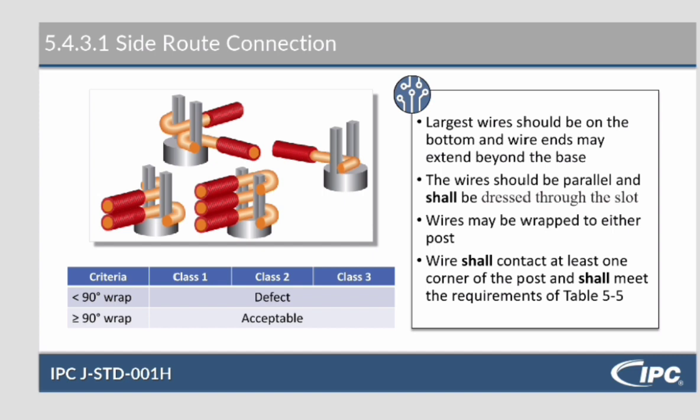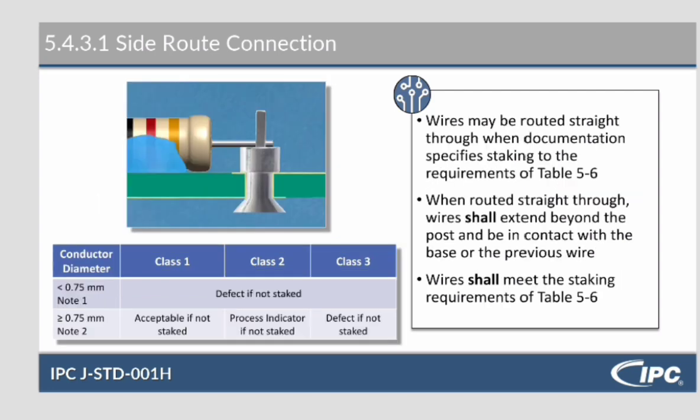Shall contact at least one corner of the post and shall meet the requirements of Table 5.5. Table 5.5 just says, is it 90 degrees or greater? Yes or no. And if it is greater than 90 degrees, then it's acceptable. If it's not, it's a defect. And that's for all three classes. Side wrap connection,